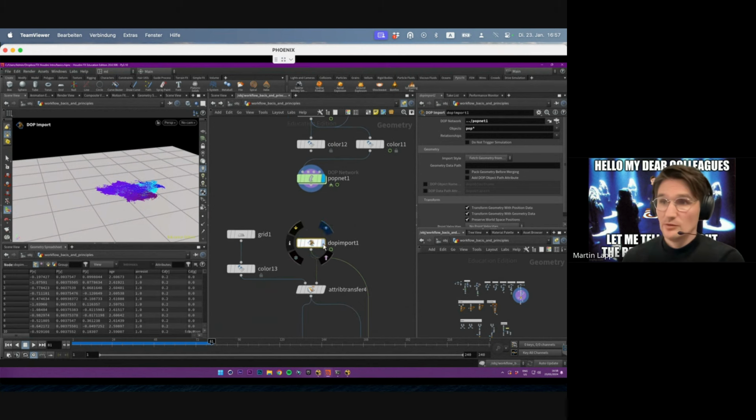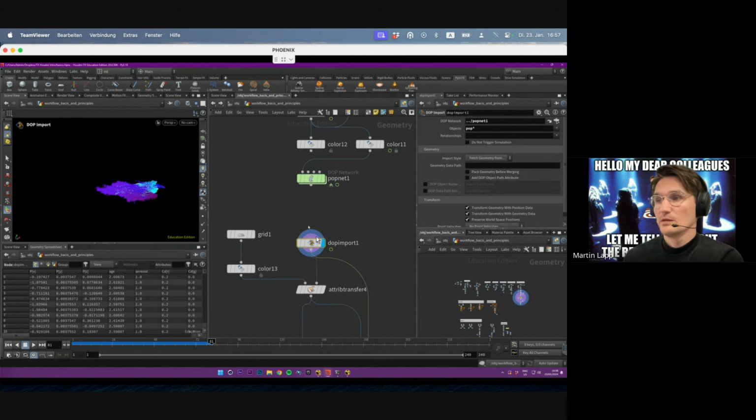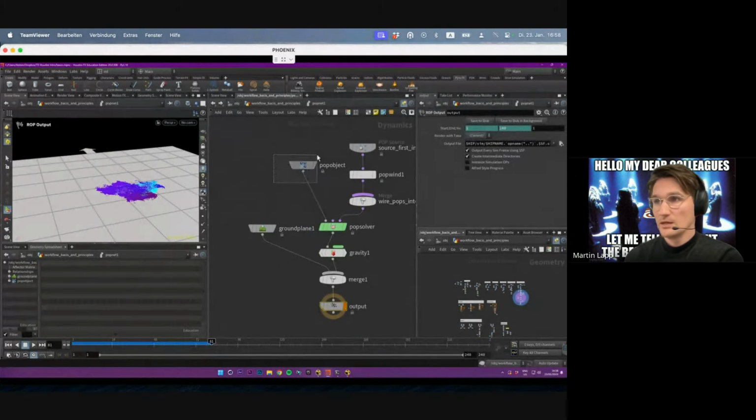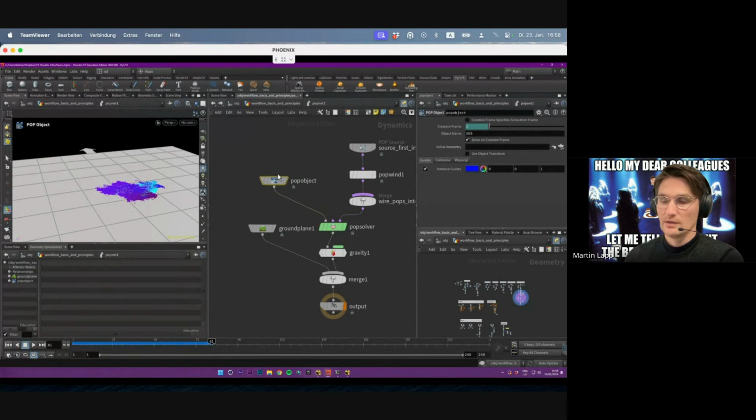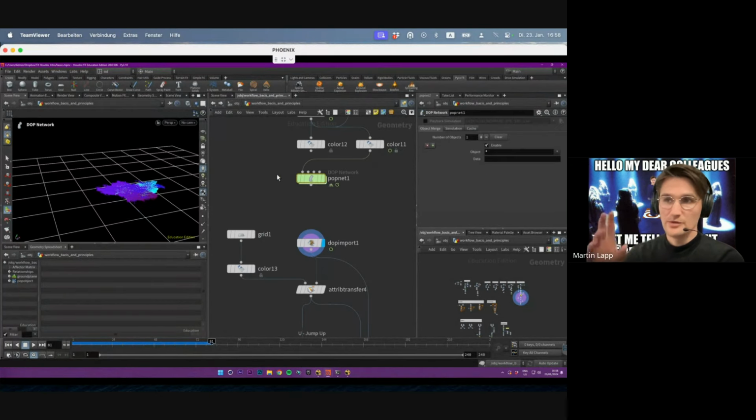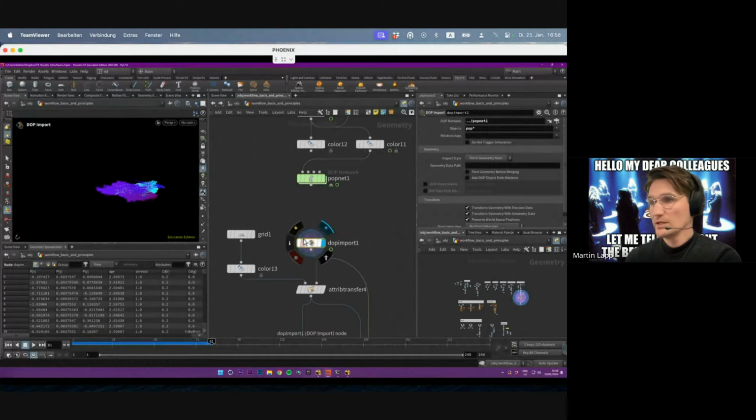So if I use these points, this is a DOP Import. So basically what this does is it just imports data from a dynamics context. And my dynamics context is this one. And there's this pop object, basically the object where all the points are in. So basically I'm just saying